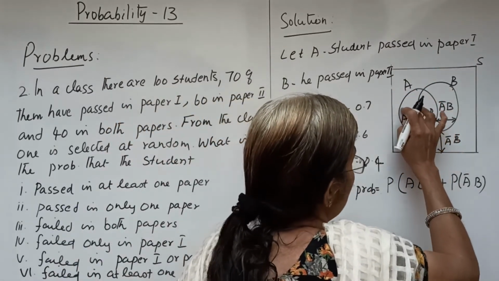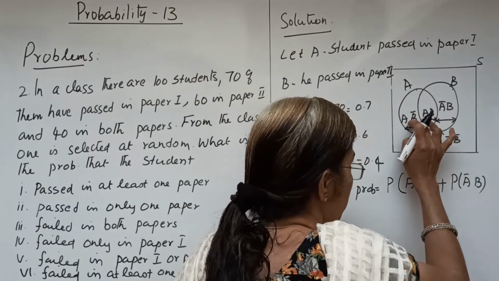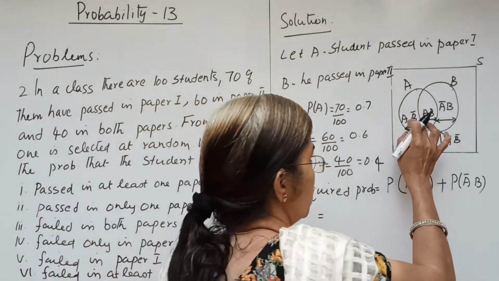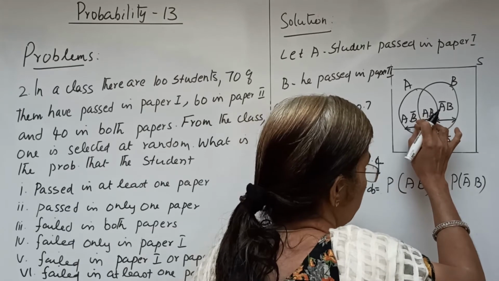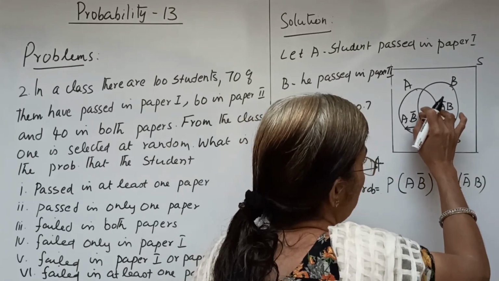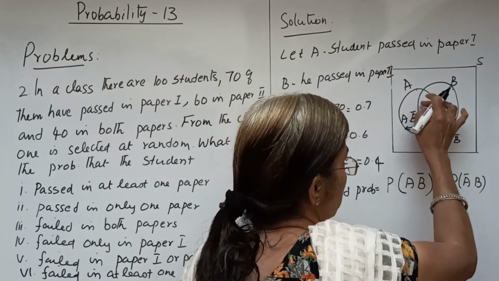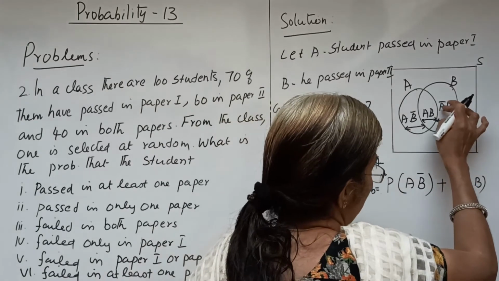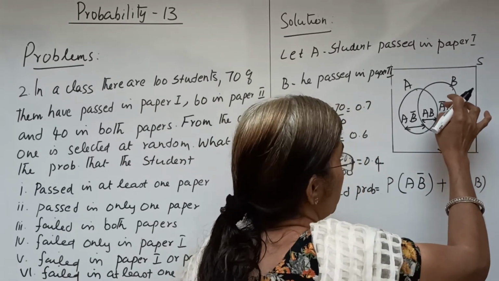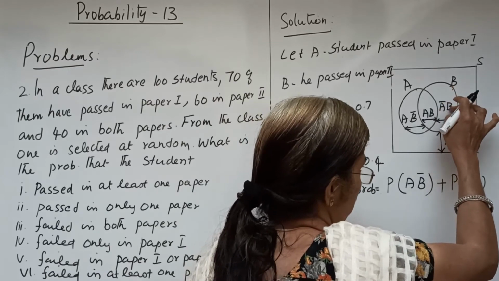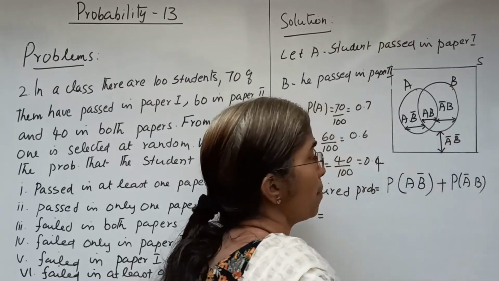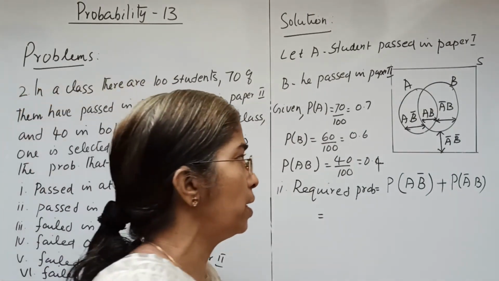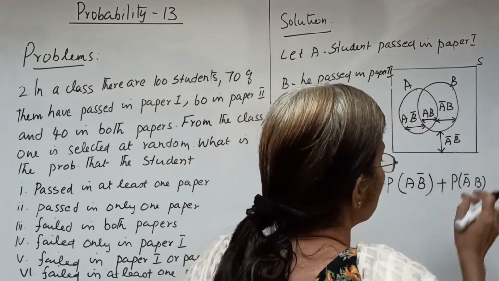We can consider this particular subset as A intersection B bar, that is the occurrence of A but the non-occurrence of B. Now the occurrence of the two events, this subset, is A intersection B. And this is the event A bar intersection B, the non-occurrence of A but the occurrence of B. And this is the case A bar intersection B bar, that is not A and not B.